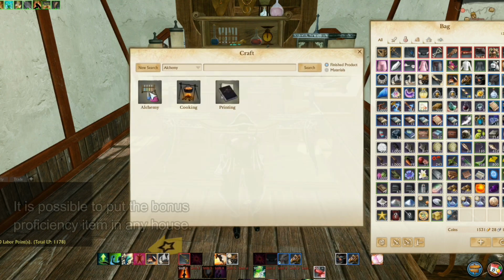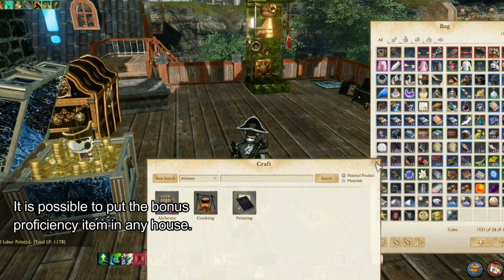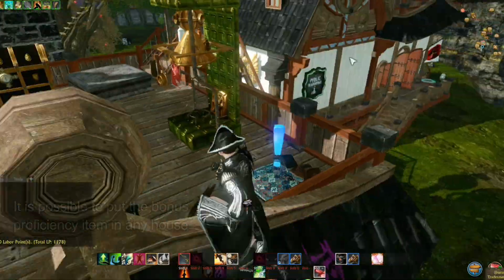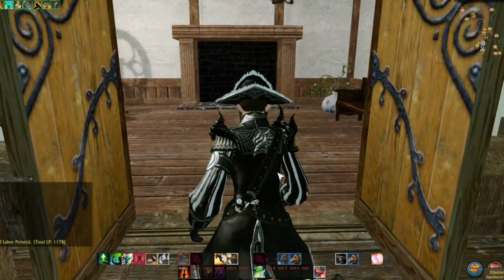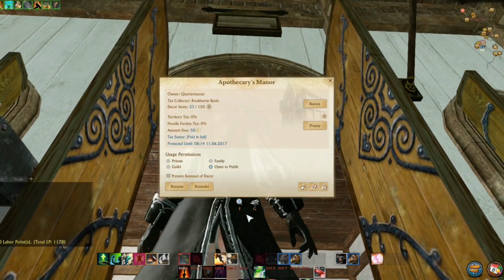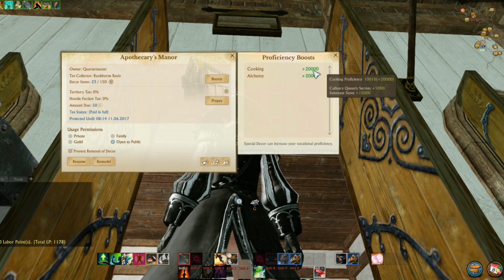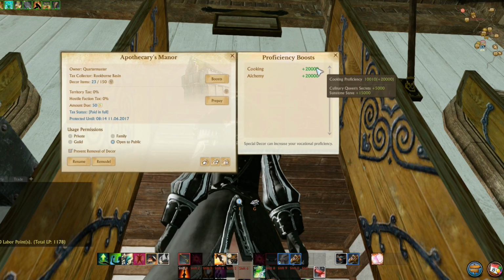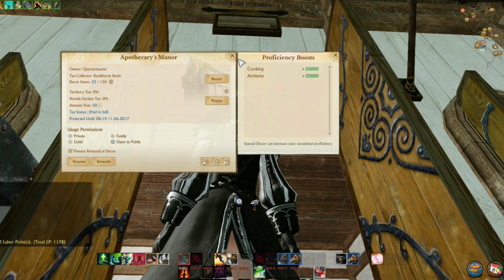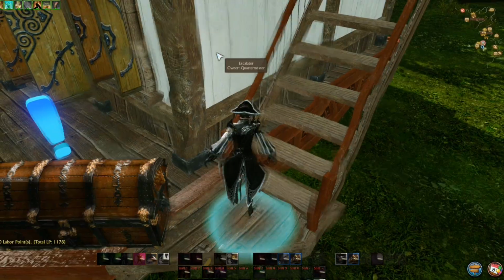So the first benefit of apothecary houses is that if the owner of the house has put the bonus items, and you can see if they have by coming to the plate on the house and clicking this boosts button, you can see that your proficiency in cooking and alchemy starts off at already 20,000 just by using this house. So when I head back upstairs,